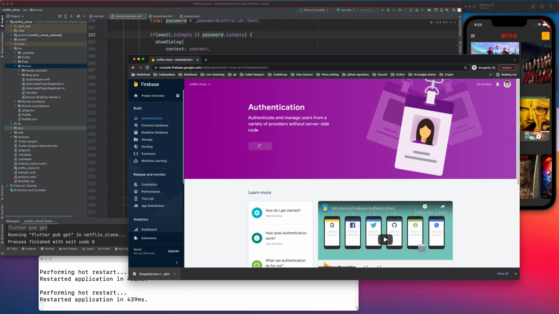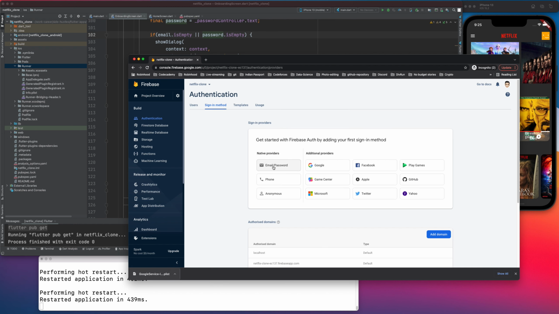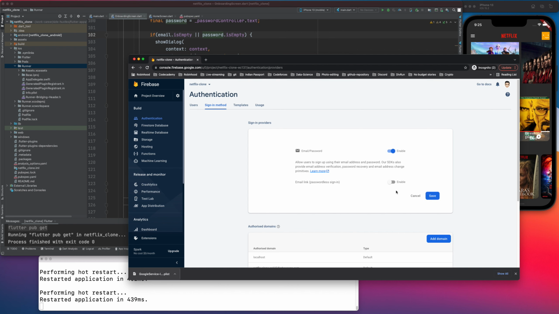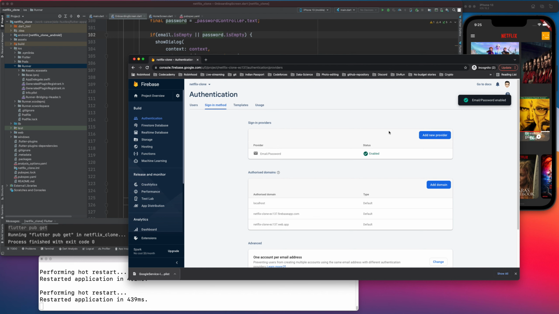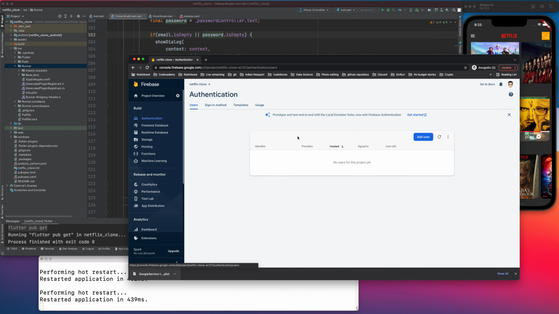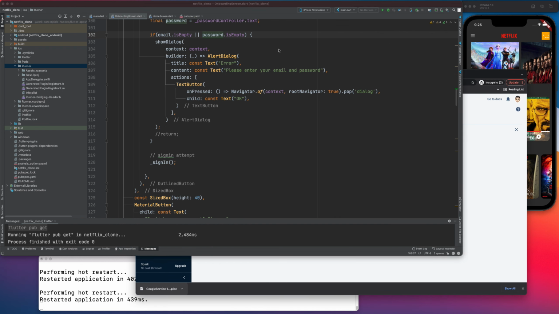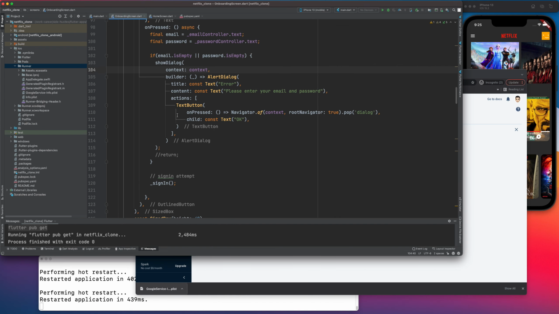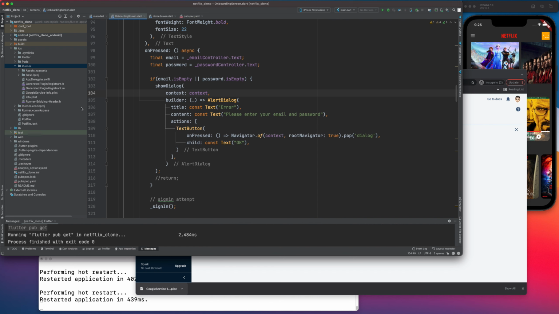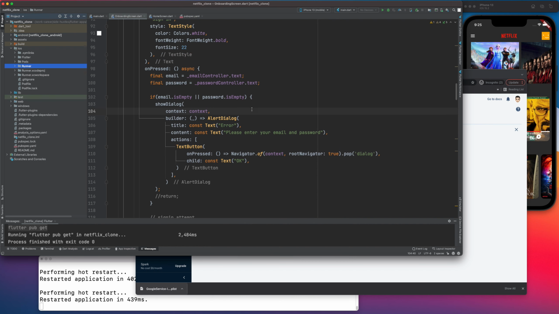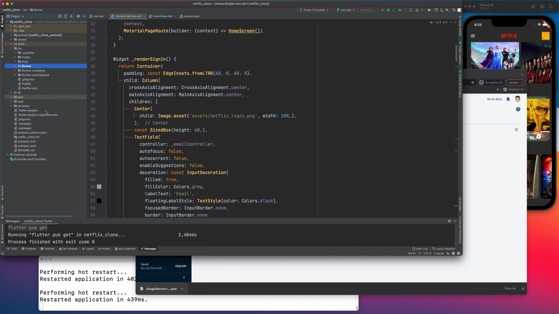Now in the authentication, I'm gonna add email and password authentication, enable, save. Okay, it's enabled. Now I go to the user section. This user section is where, when I log in or when I sign up, when I add a new entry, I will see people's accounts. I won't be able to see the password, but I would be able to see the email, right? So now let's go to our onboarding screen,